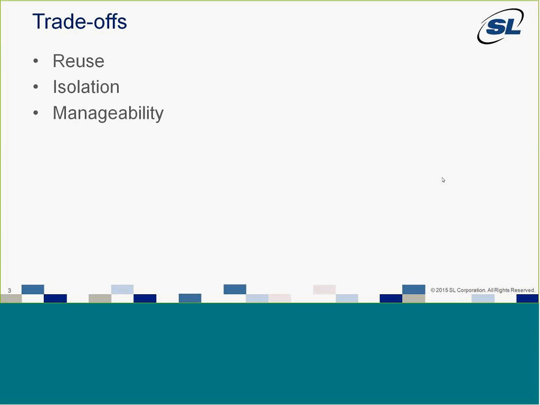We'll talk about what the trade-offs are between each of the options we go with. We're going to talk a little bit about reuse, which is the reusability of the items you go with, and the corollary, which is isolation, which is I want to not have these resources impacted by other activity which may be residing on the same architecture. We're also going to be talking about manageability. What's easier to manage versus what's harder to manage, what's better to upgrade, can I monitor it, and really talk about some of the issues that come about for each one of these items.